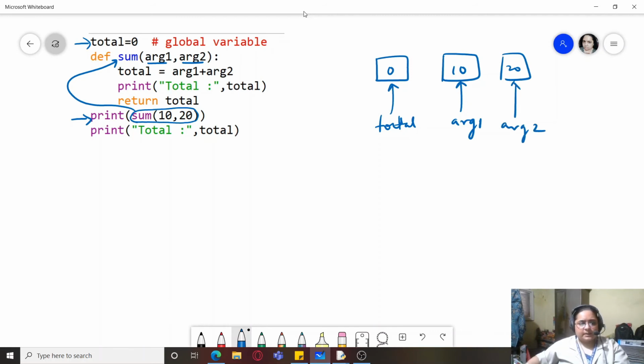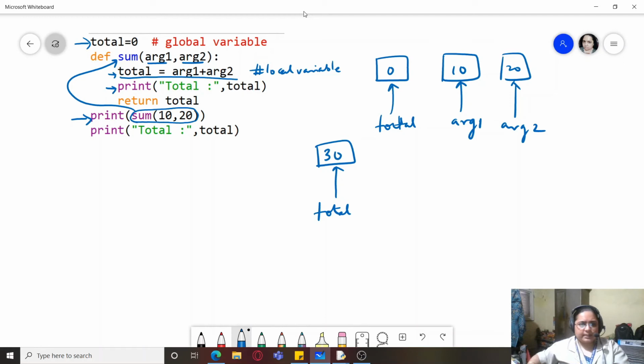Now here total equals arg1 plus arg2. So this total means another total in the memory, that is the local variable. This will be a local variable localized within some function. So it is made to point to the sum of argument 1 and argument 2, that is 10 plus 20, that is 30. This print statement will be executed now.